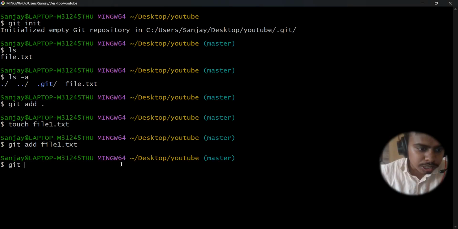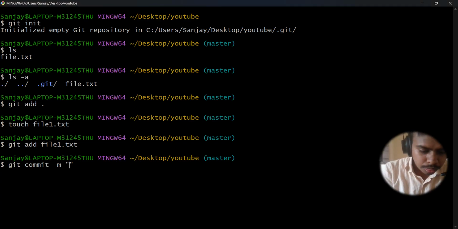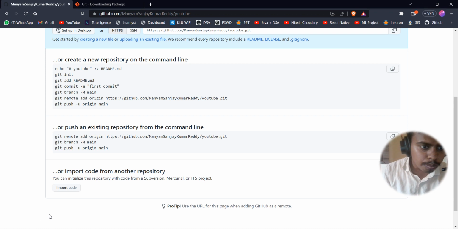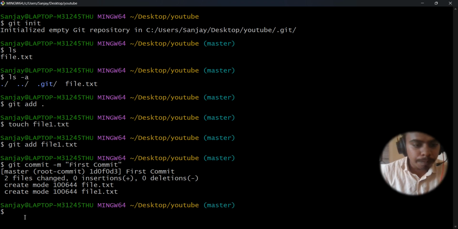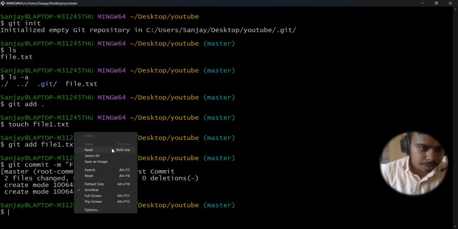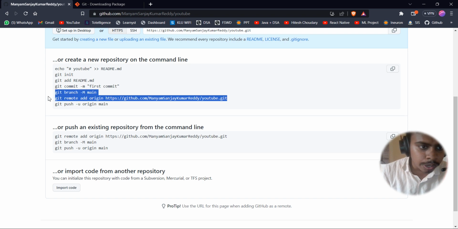Then we have to follow this command: git commit -m "first commit". And then they have said to rename the branch to main. So we have to enter git branch -m main,